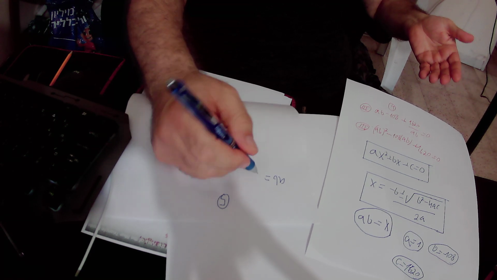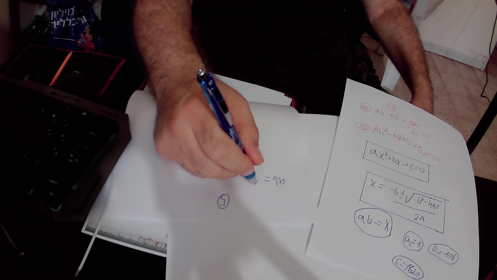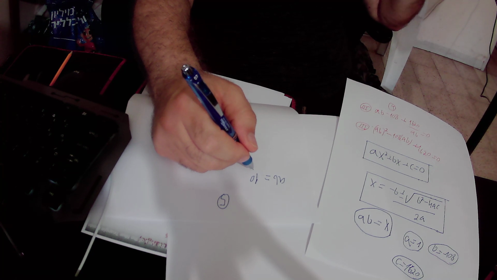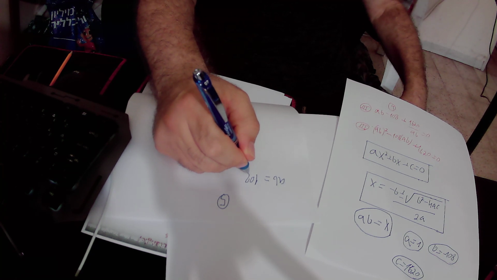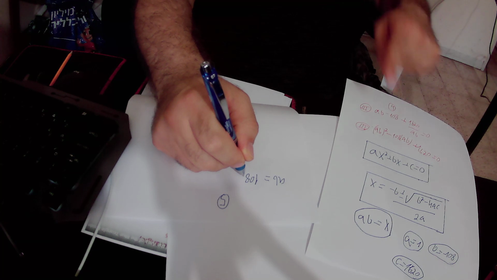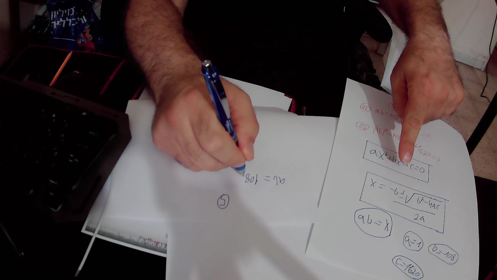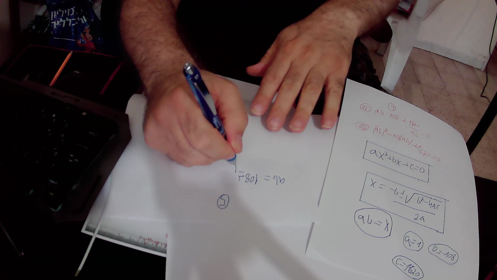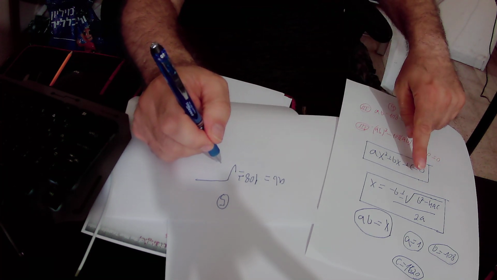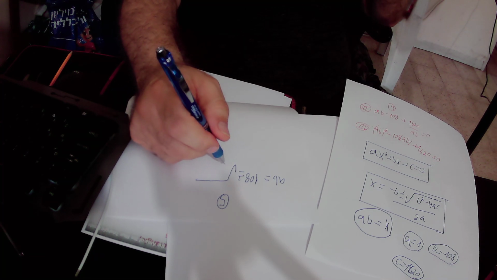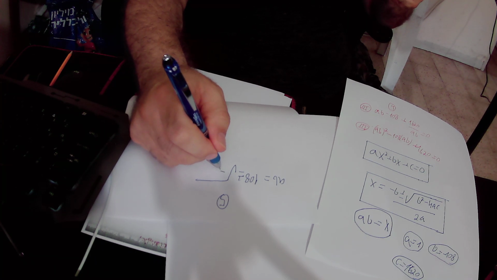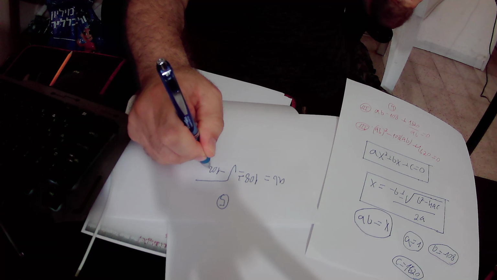So minus B equals 180. So it is 180 plus minus the root of B squared, and B equals minus 180, so it is minus 180 squared,